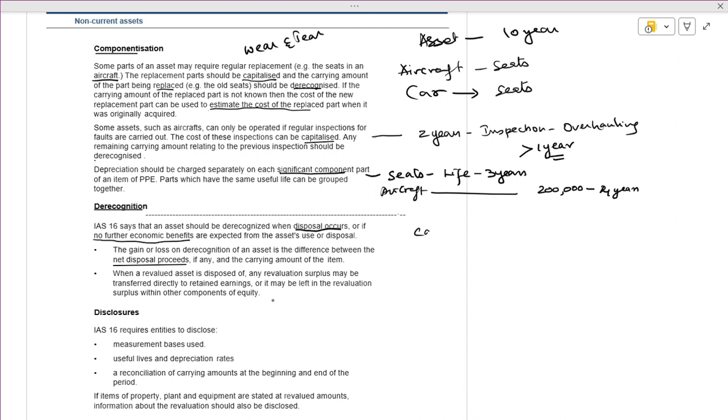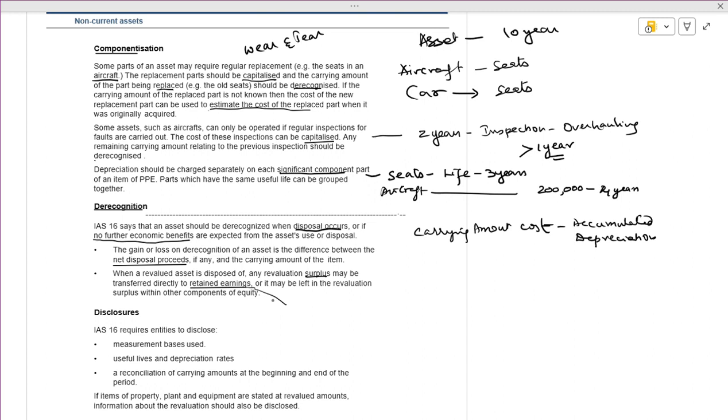What is the carrying amount? Carrying amount is nothing but cost minus accumulated depreciation. And any net disposals will be there definitely. In that case, what will happen? Net disposals will be less, carrying amount will be more. When a revalued asset is disposed of, any revaluation surplus may be transferred directly to retained earnings. Why are we transferring directly to retained earnings? There is no further